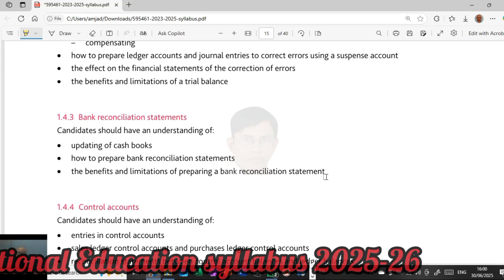Practice questions, mock questions from previous exam question papers. A lot of questions we will be solving and discussing, and this is also very important, and it is quite easy also. Very simple things you need to understand, and you can do. So easily you can score marks. This is a very simple topic, and easily you can understand and do that. So that's all. We'll be discussing a lot of questions based on this.